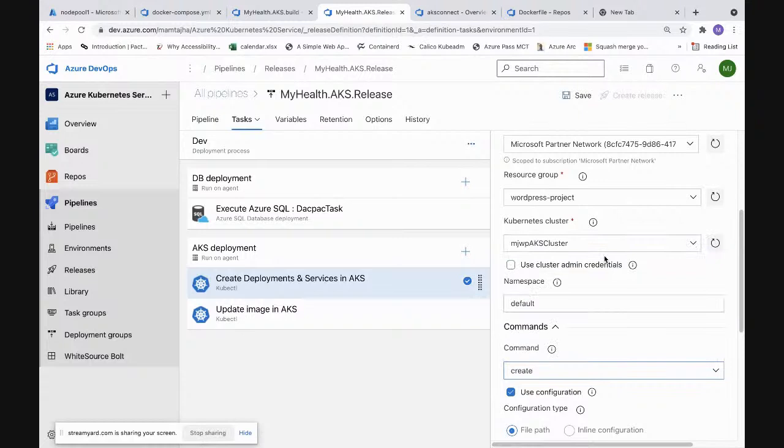If I say create, it would be creating the application for the first time. If I say apply, if it has not created the application or deployed the application in the past, it will go ahead and deploy it. If it has already deployed, it will look for the delta changes and it will go ahead and deploy that Delta version of it. So you can say like upgrading your application.